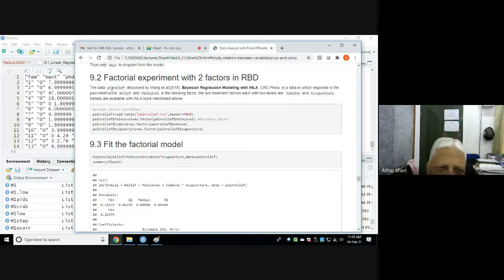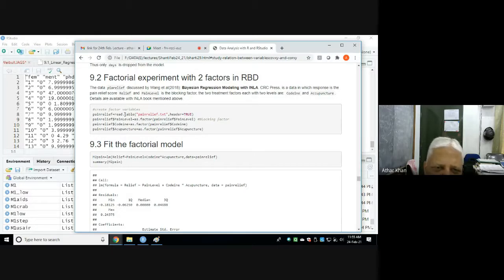The pain relief data, discussed by Wang et al. in Bayesian Regression Modeling with INLA, CRC Press, is data in which the response is the pain relief score, pain level is the blocking factor, and there are 2 treatment factors with 2 levels: codeine and acupuncture. Details are available in the INLA book.